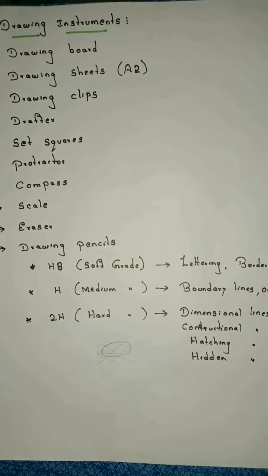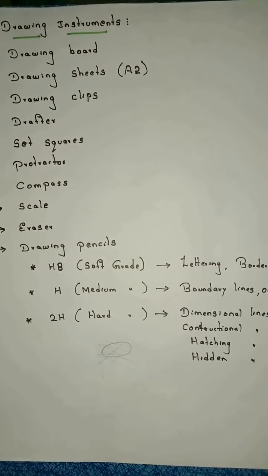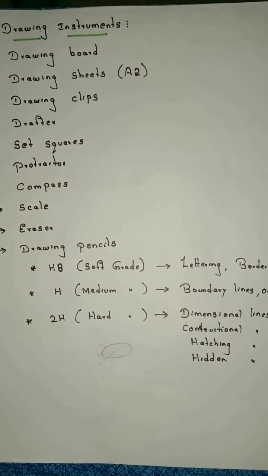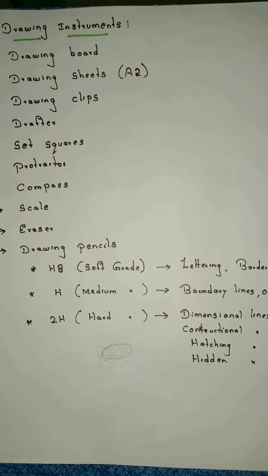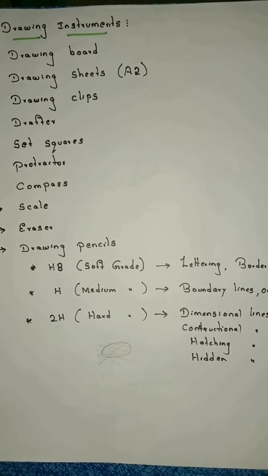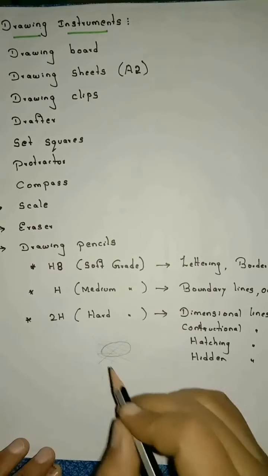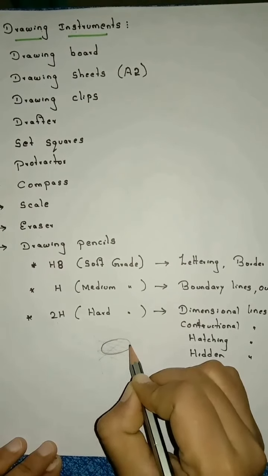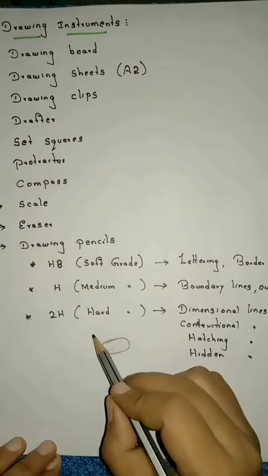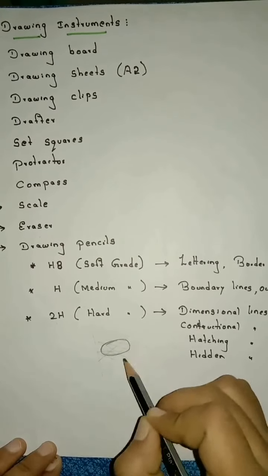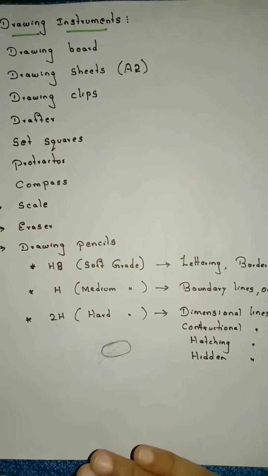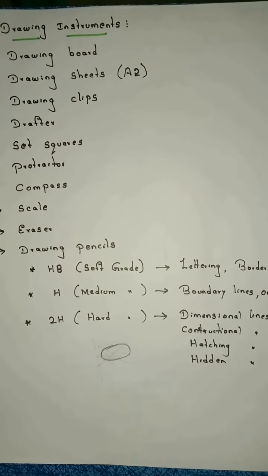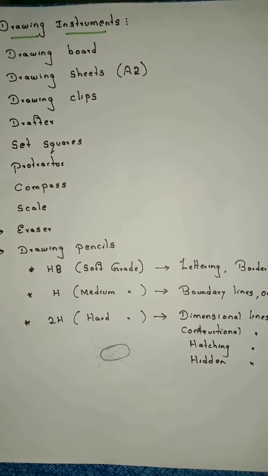So one thing you have to remember here in engineering graphics, first read the question properly, right? Always the output of the diagram should be dark. Output of the diagram should be dark. Suppose they ask to draw the ellipse, only the ellipse should be dark. All these constructional lines should be drawn very light. You have to remember this point. Only the output should be dark, all the constructional lines should be very light, right?